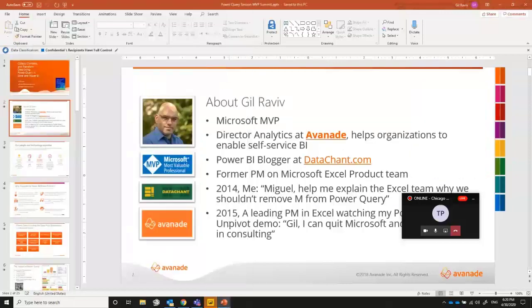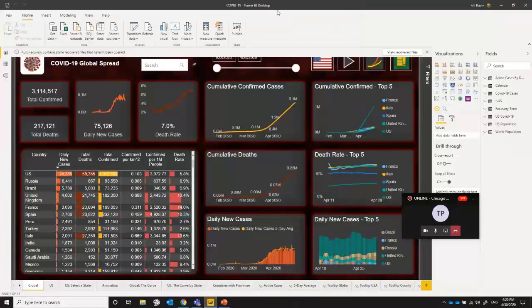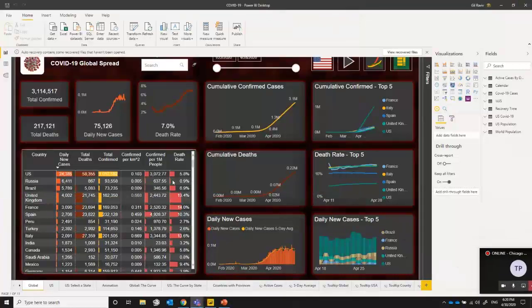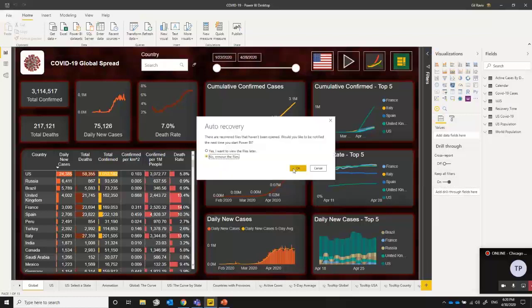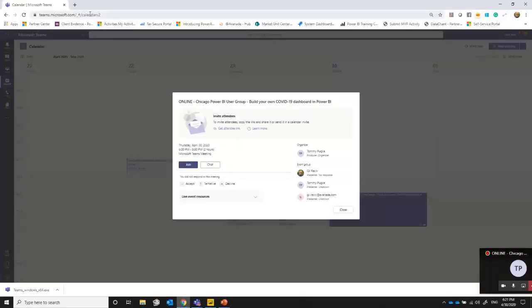Okay, so our starting point, and let me just close all my PowerPoints. To give you some motivation for our session today, you can see here on my screen the Power BI report that I built for this session. We are not going to finish everything in this one. It took me several days to complete, but we will go through the basic operations to start building the capabilities that you see in this report. To help you a bit,